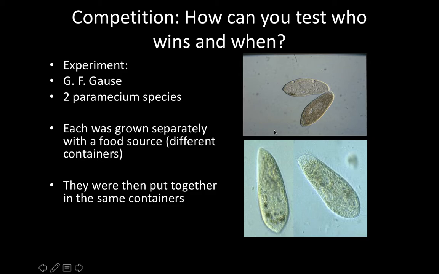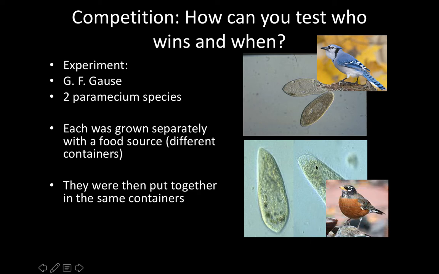You might look and say, wow, they just look like a couple of blobs that would be in the pond. But because they're two different species, you need to think of these things as like one is a blue jay and one might be a robin, right? That's how different they are genetically. So although blue jays and robins often overlap in their food source, they're two very different species. Now it's tough to test who wins between blue jays and robins because their niches are not direct. So that's why Gauss worked with these two paramecium species in separate containers and then put them together